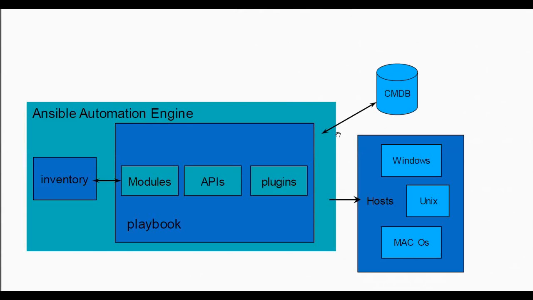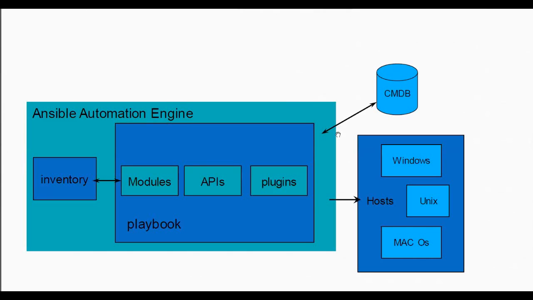So basically, any such machine that can be connected over a network, with certain requirements: these hosts or these nodes should have Python installed on them. So there has to be a Python interpreter, a particular version of Python interpreter, installed on the host side, as well as there should be a network connection between the Ansible control server and the host.